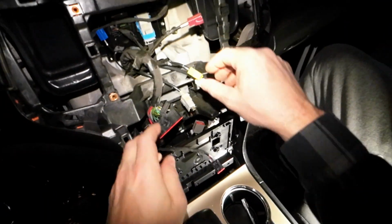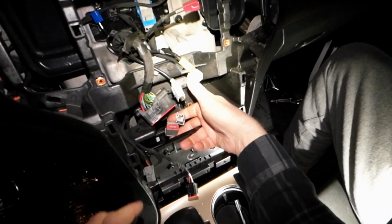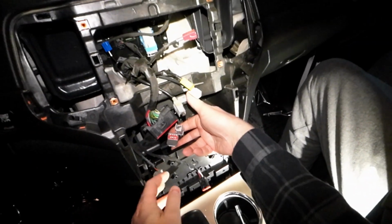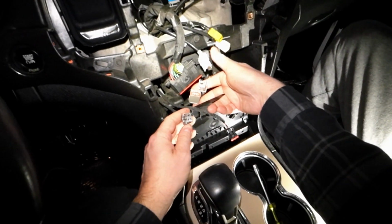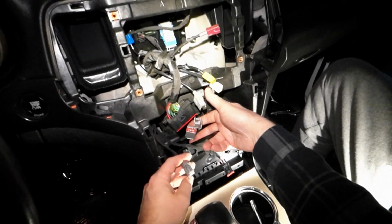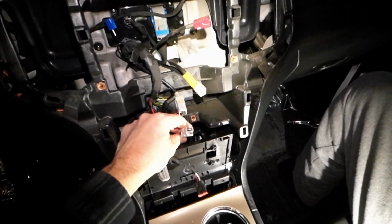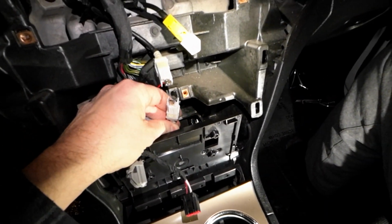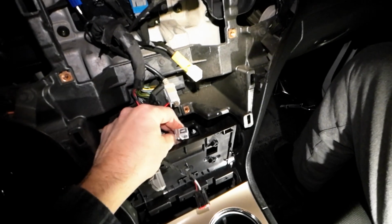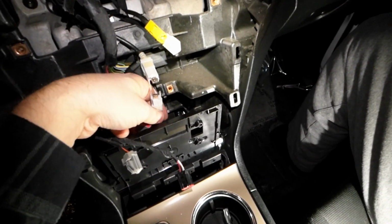All right, so as far as the electrical connectors that came out from that little compartment, one of them was for an LED light. It shined a little blue light down on the stuff. One was definitely like an SD card spot, and you can see there's like a mini USB, and on the new radio there is a spot for that to plug into. So it looks like they're going to retain